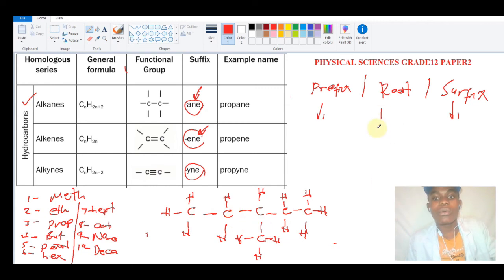We said when we deal with the root, we calculate the longest chain of carbons. We can say 1, 2, 3, 4. No, that's wrong. The longest chain is not 4. So you need to calculate the longest, which is 1, 2, 3, 4, 5. You see? That will determine your root. So it's 5. So it's pent, right? But we said we had a prefix. We'll get back to the prefix, right?